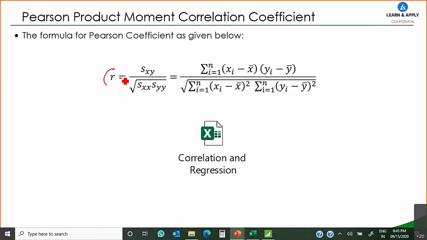We are going to calculate this correlation coefficient, and that is called R. How to calculate that? For that purpose, there is a formula: Sxy divided by square root of Sxx into Syy. If you look at this formula at first sight, it looks very complicated, but don't worry about it. It's a very simple formula. We are going to see that formula, and it's very short. Once you see that demonstration, the fear of this formula will be gone from your mind. So don't worry about it.